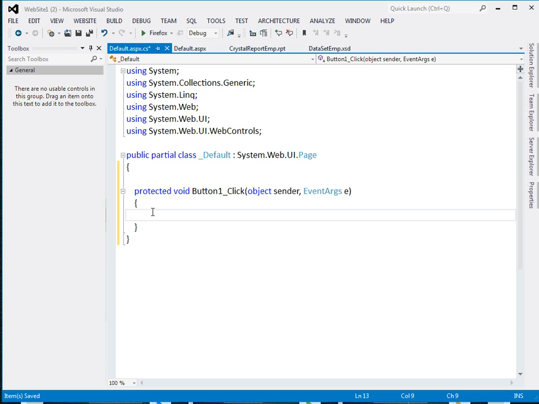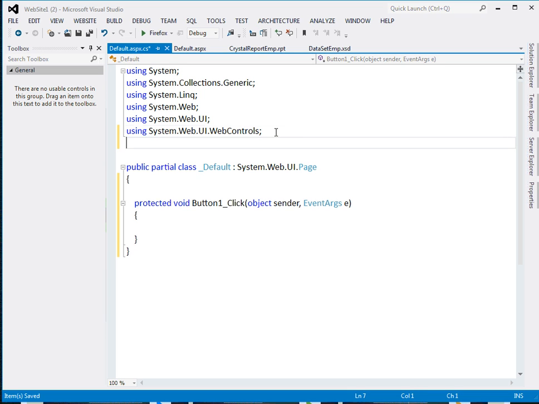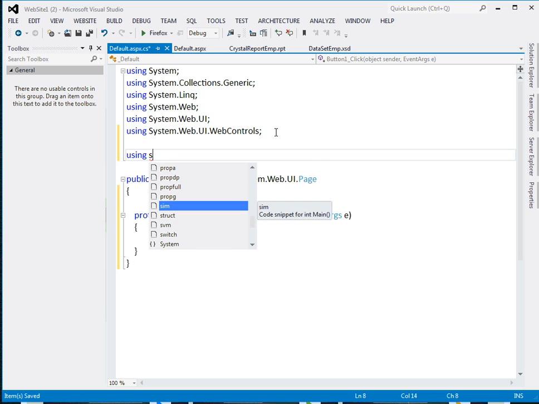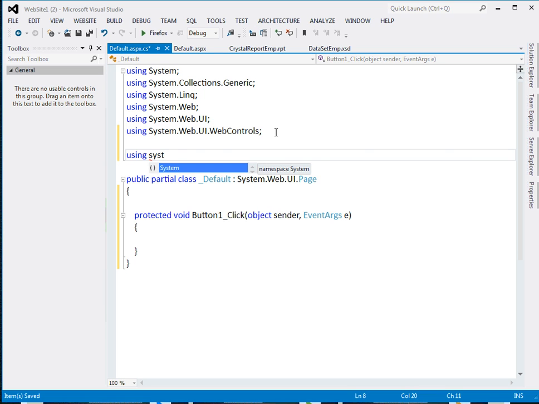So now students, I'd like you to pay attention here with full concentration, because we are going to connect our application to the SQL Server database. So we need to first add some libraries, and the library for SQL is using System.Data.SqlClient,